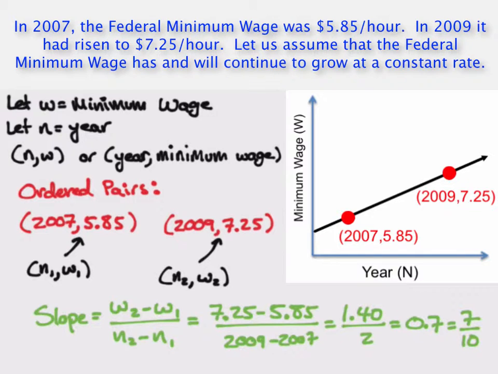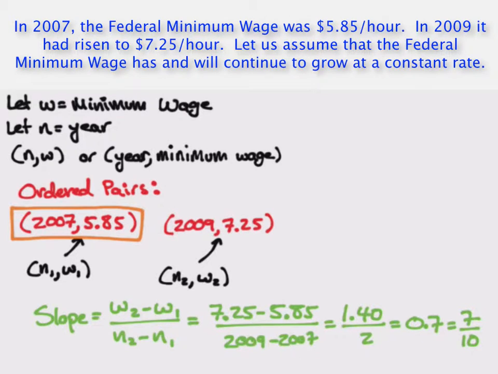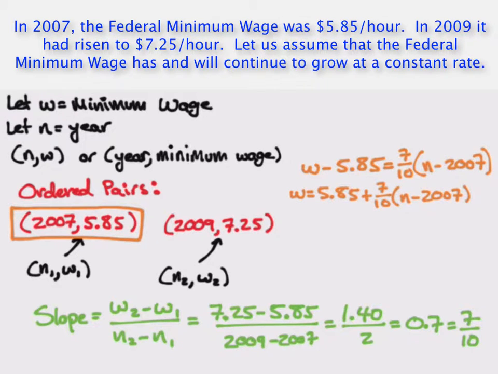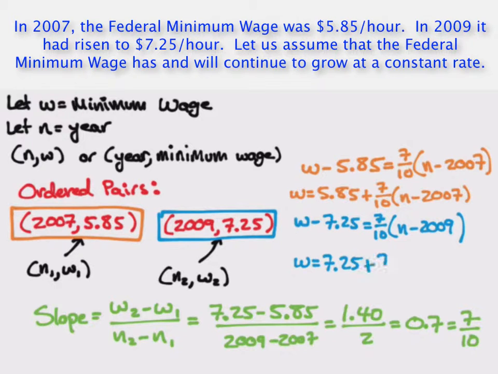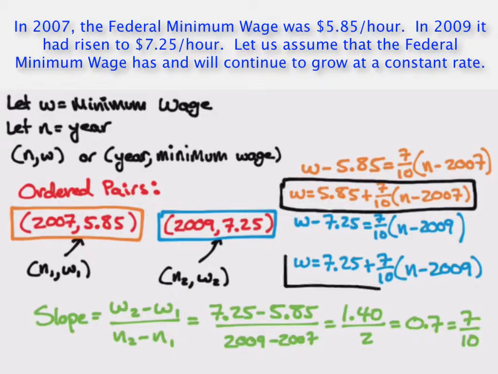All right, now that we've got the slope of our linear equation, we can use either of these ordered pairs and that slope to create an equation using point-slope form. All right, so we've got our two equations to model this situation. Note, in this case, I don't think it's going to be as helpful to put either of these equations in